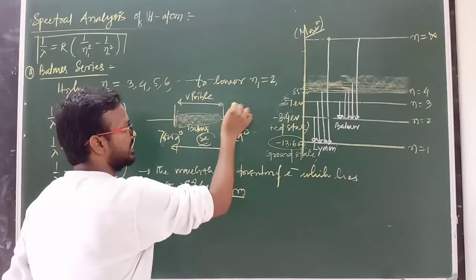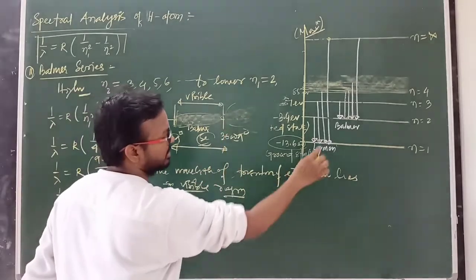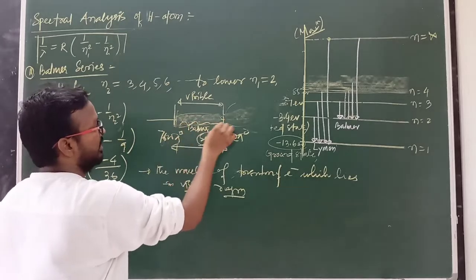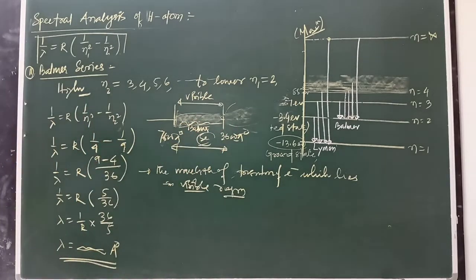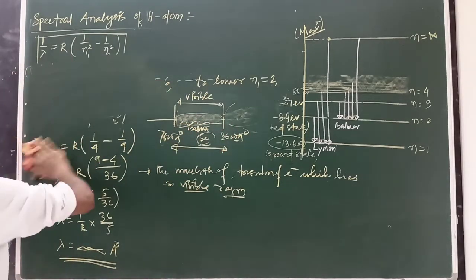First, this region is known as the Lyman series. This is for the Balmer series. Clear? Next series,